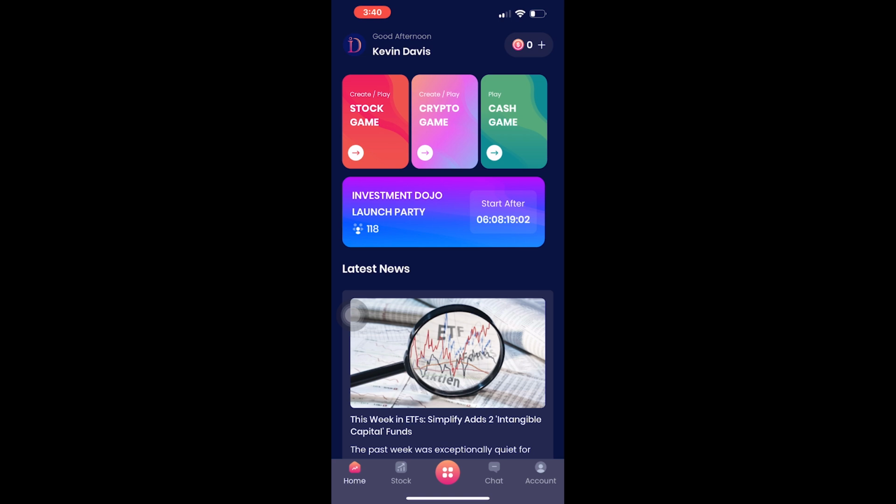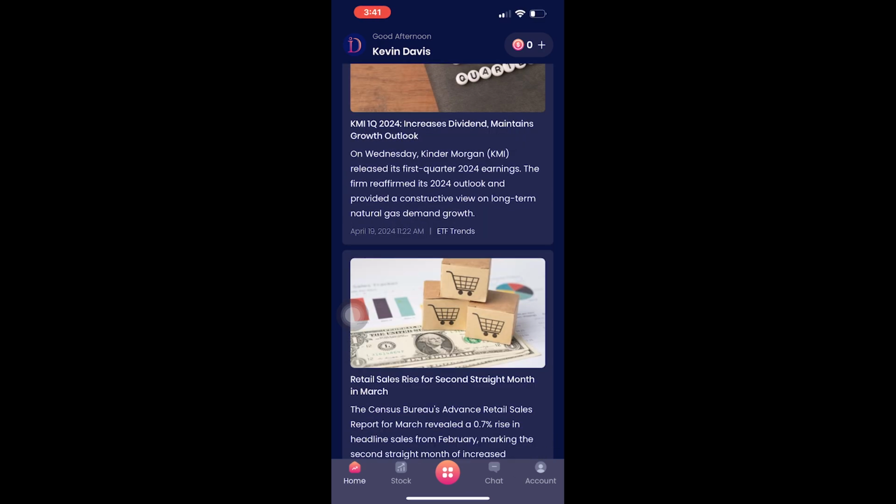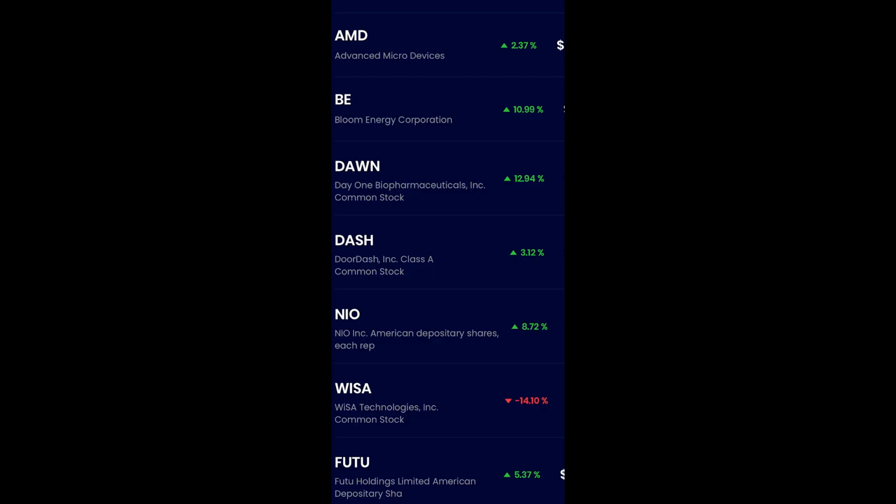Let's go over the homepage, starting from the bottom tabs from left to right. The first tab is the Home button, which brings you back to the homepage. The homepage contains the latest news and the game navigation tabs, such as the Stock tab, which lists the daily